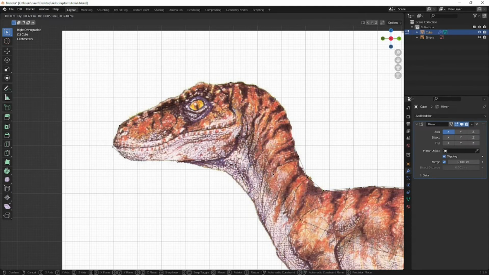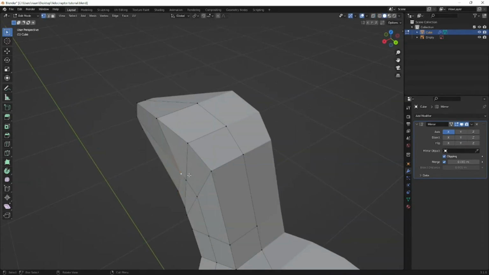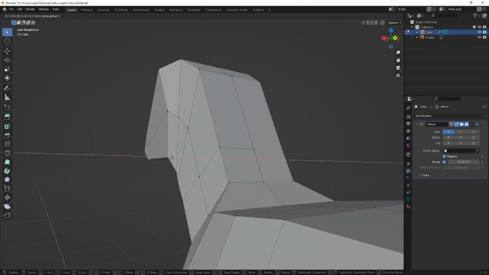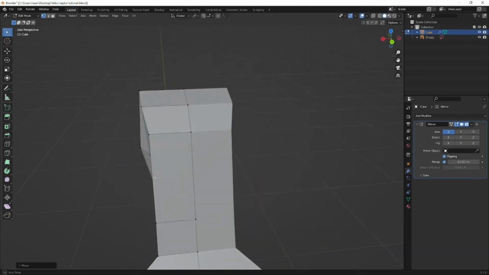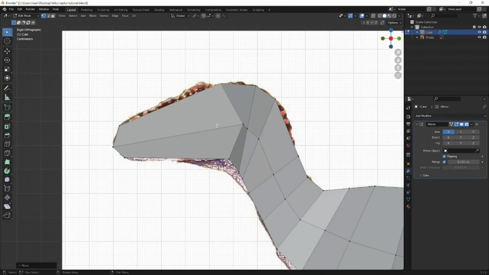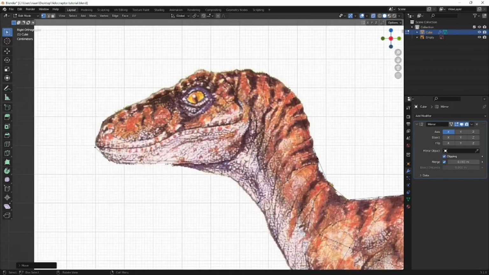Bring this bit out for the skull shape. You see, for the skull shape, a triangular type of shape. X. Bring it out like that. Yeah, that looks nice. You know what, we don't need to hide it. Just Control R and give it a few loop cuts. But before you do that, make one right before the eye and one right after. And you can add a few loop cuts through here